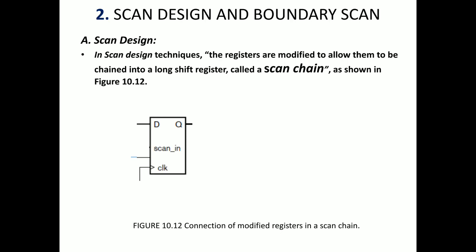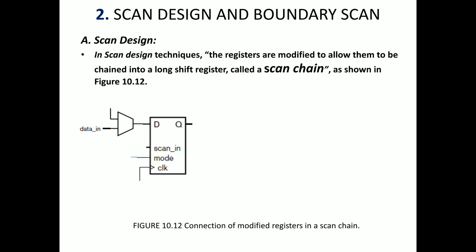Okay, first we will have one input called scan in, and we will have another input called mode. These two inputs are very much essential in order to modify the register. Then we will not directly give the D input. Instead of that we will have a selection among the inputs, one direct input and one other input. Why? Because we need to ensure whether the input we are getting is correct or not.